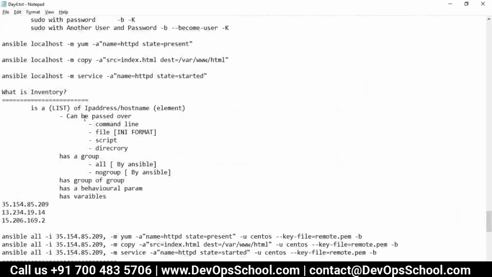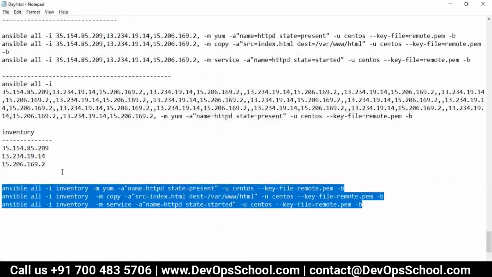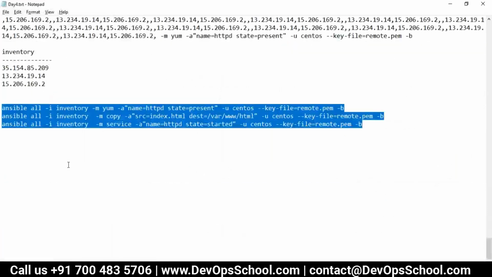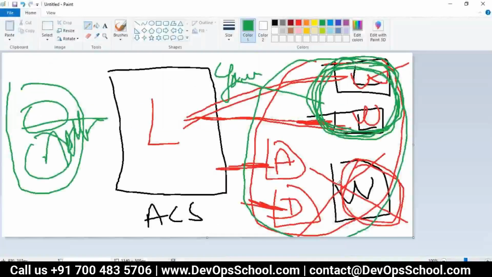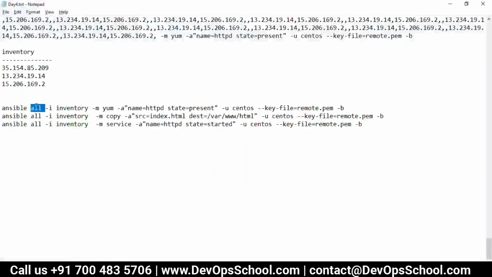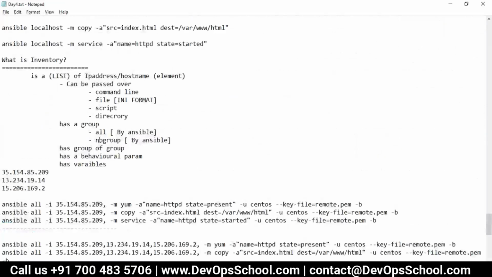So I said here, remember, it can be over the command line, and it can be a file also. Now, guys, this is not helping me out because in the inventory, you'll have 200 entries for the entire environment. And here, you want to create custom groups, whereas all is not always applicable. You don't want to do everything on every machine. So I said very clearly, you have a group also and a group of groups also.